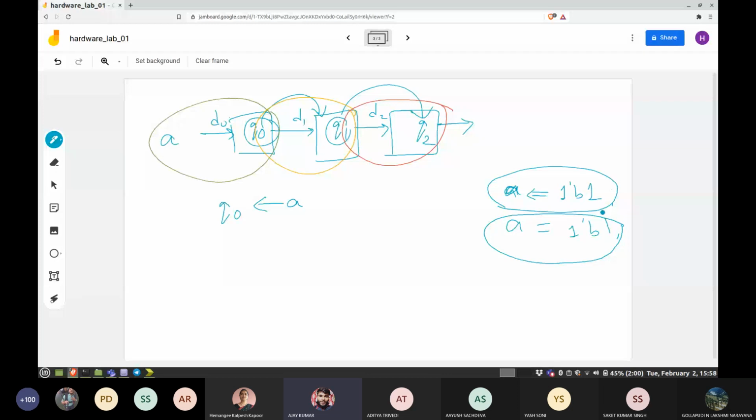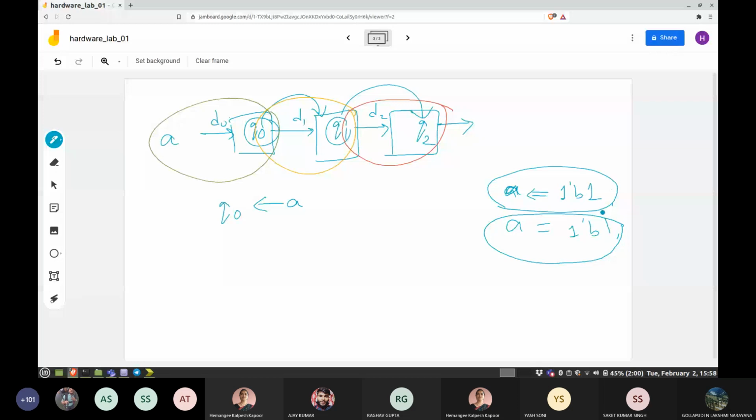In non-blocking, the order does not matter.